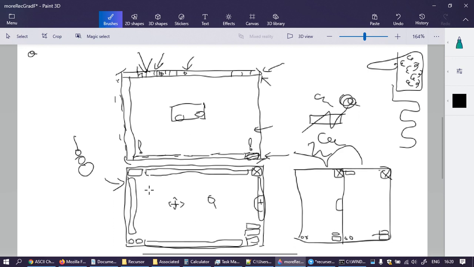I don't know. If this was the button setup, I could have a quite separate button up here which is just add image. And there are quite a lot of buttons on this display now, but